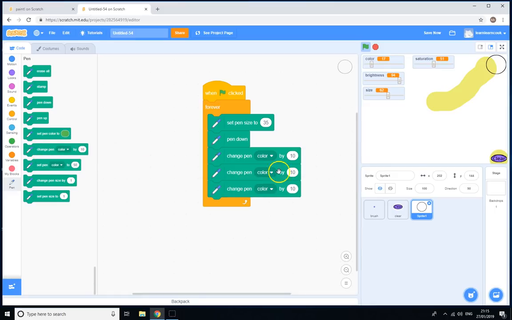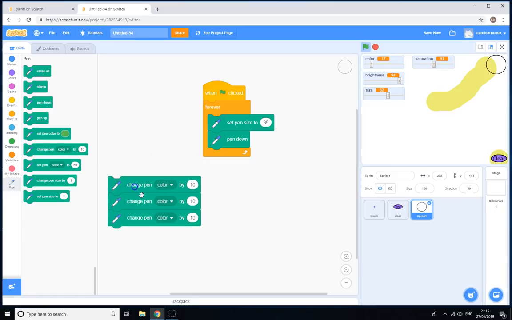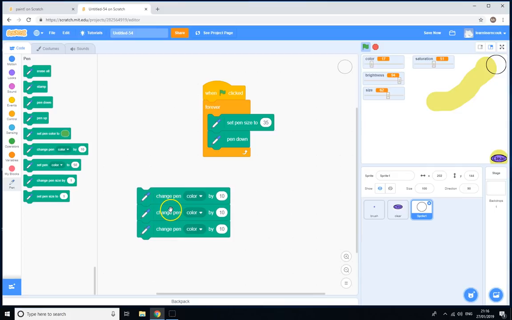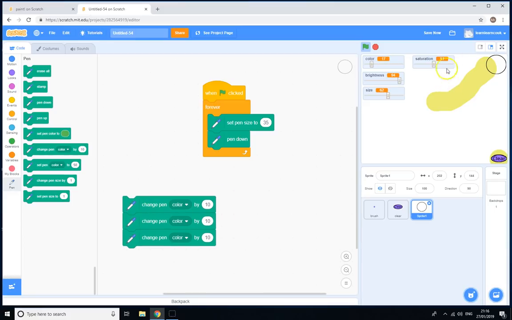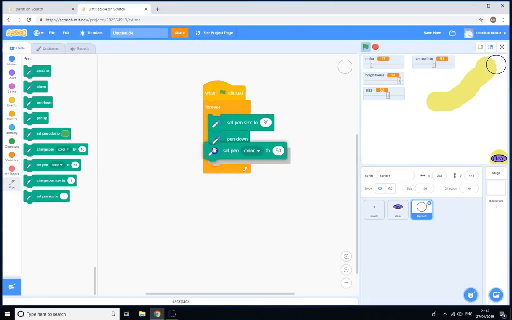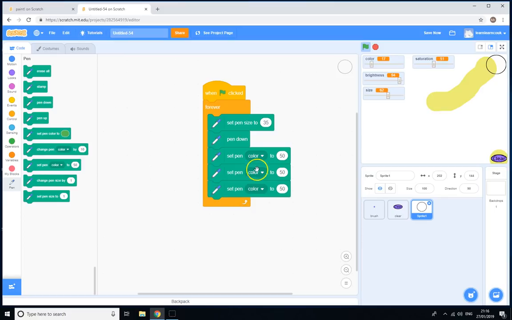brightness, saturation. Oh, I've made a mistake. Just be careful. It's quite an easy mistake to make. Don't choose change pen colour by, because it'll just vary it. So if it's already 10, it will change it by another 10, and it will go to 20. It won't match the fixed values there. That was my mistake. Set colour. Pen. So look, colour, saturation,